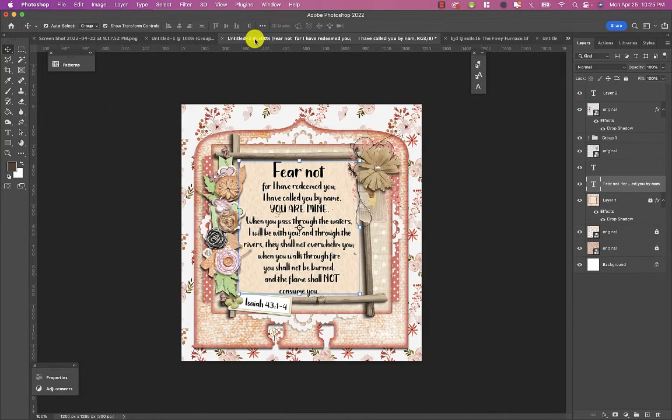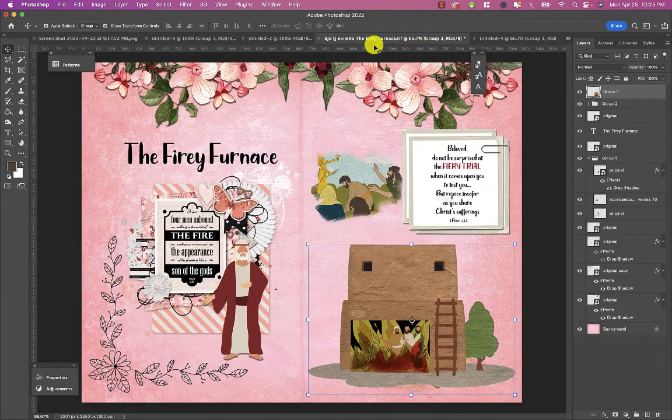And then I did a couple of memory dex cards too, because look at what it says in Isaiah. Fear not, for I have redeemed you. I have called you by name. You are mine. When you pass through the waters, I will be with you, and through the rivers, they will not overwhelm you. When you walk through the fire, you shall not be burned, and the flame shall not consume you. What a terrific verse. And it goes perfect. So you might want to move things around and put that one in there too if you get a chance. So here,